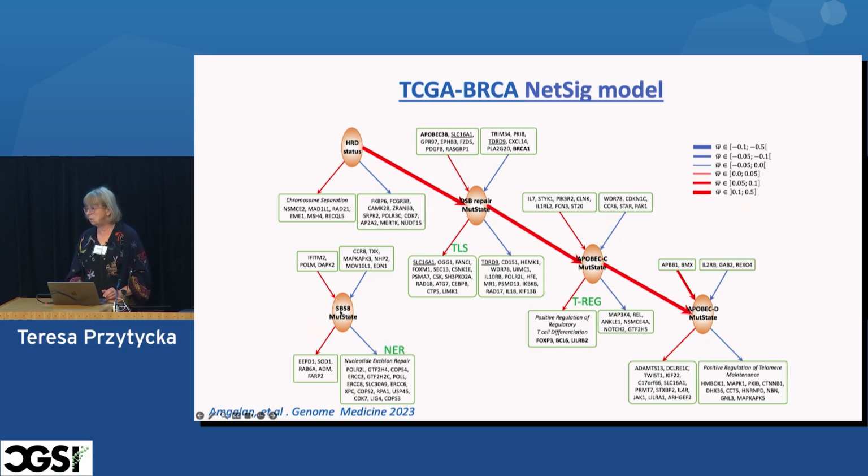For example, there is this signature 8 for which the cause was not really known, but at least we can see that it is associated with downregulation of nucleotide excision repair pathways. Also, to confirm that we are really picking up an important contributor, we know that double-stranded break repair deficiency is associated not only with mutation of BRCA1, but also with its downregulation, and we really pick it up. For signature 3, the signature that is related